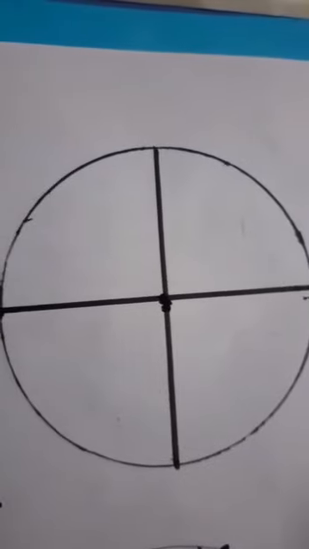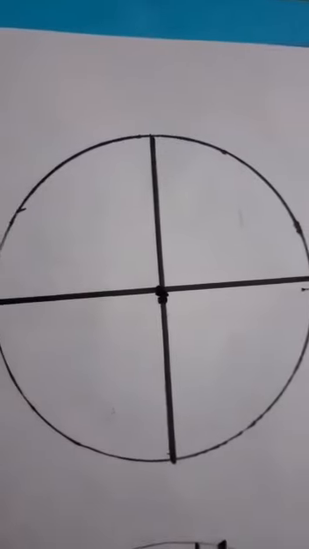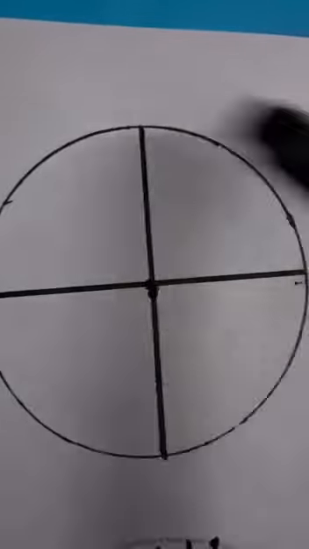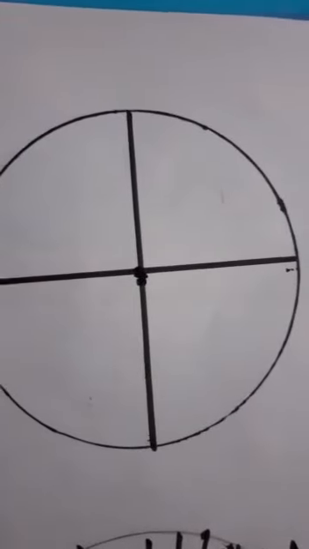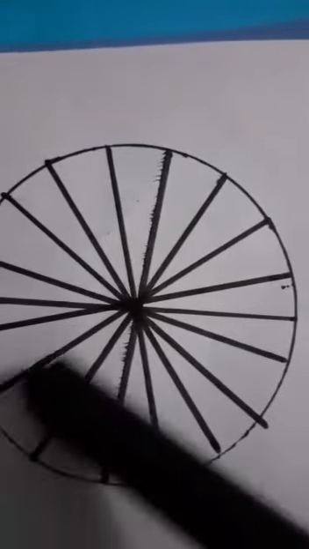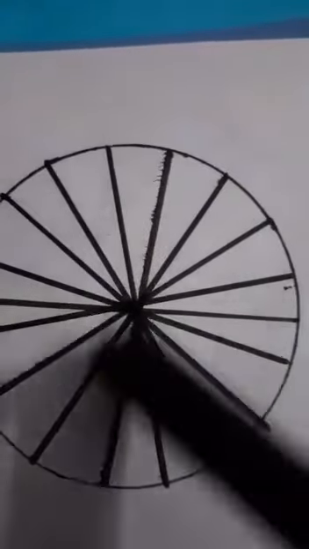So we can draw like this, and like this. So like this we can draw so many diameters. So I am drawing now. So here I drew just some diameters. We can draw more. Yes. So in the middle of these also, here also you can draw one more. From here to here one more. So in this middle also we can draw so many diameters. So that's why diameters are also infinite.